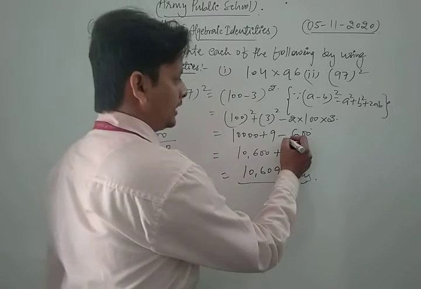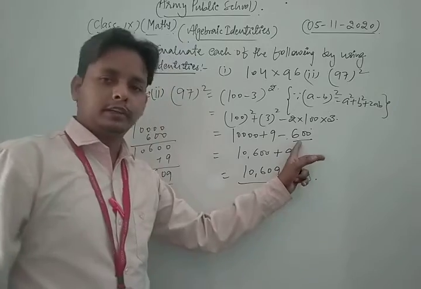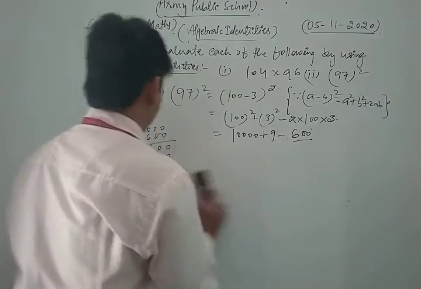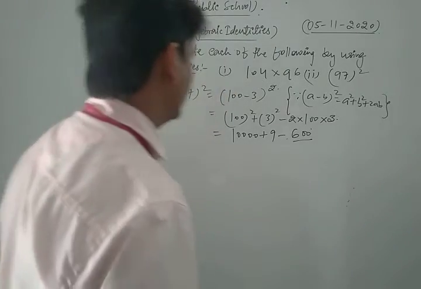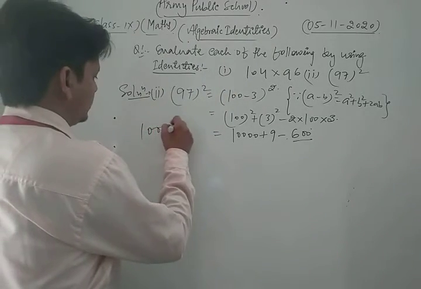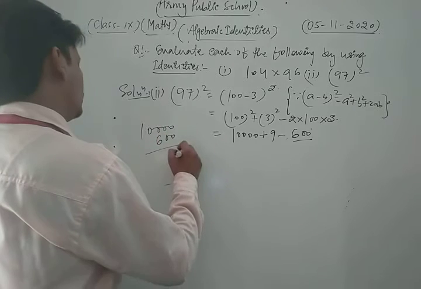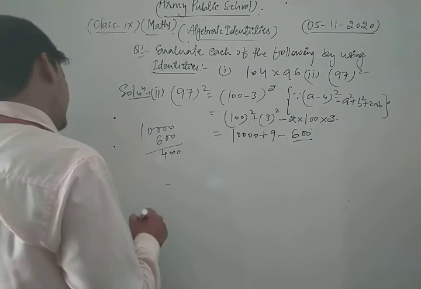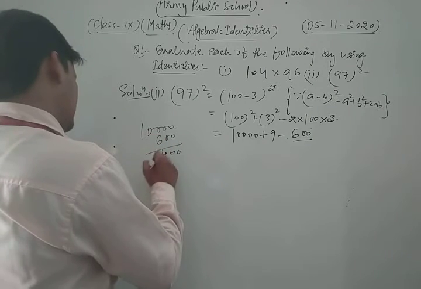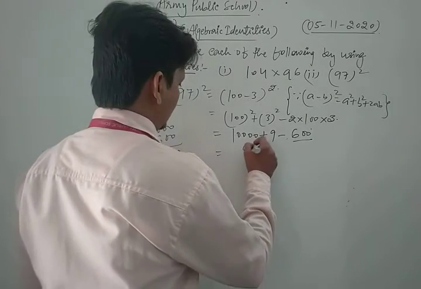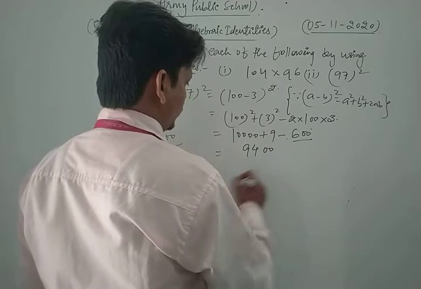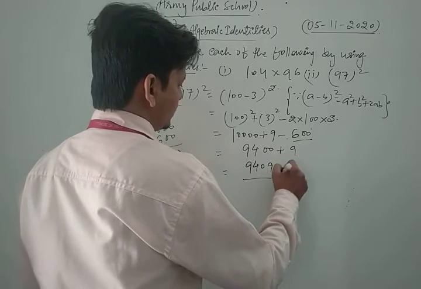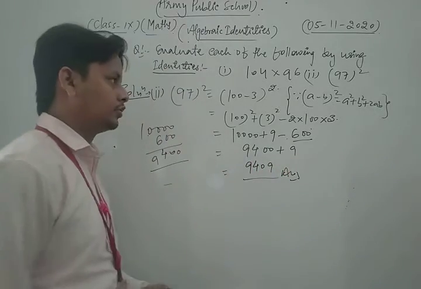Sorry. This is minus here, na? Dear friend, this is minus here. So we subtract 600 from that. Now look, this is minus here. So we subtract, dear friend, in 10,000, we subtract 600. We get 0, 0. 10 minus 6, that is 4. Okay, this is 9, so this is 9,400, plus 9. So we get 9,409. This is our required solution of the given question.